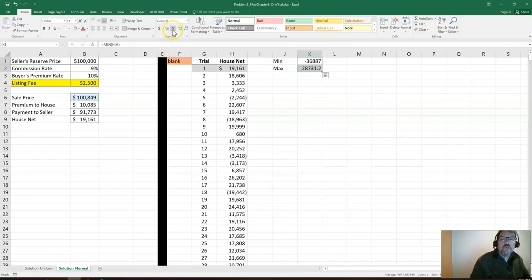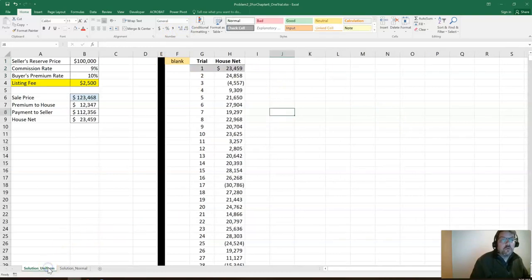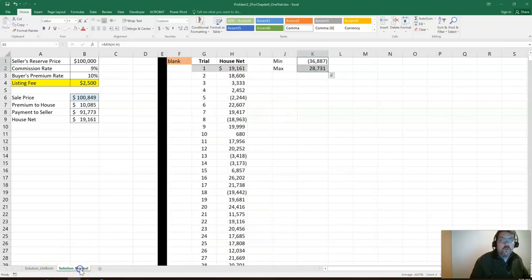So at least at the extremes, it's pretty close. I'll take them off of there. The mid-30s was our worst loss, and a little bit higher max, but basically mid-20s was the best gain. We don't know the distribution yet. That's part of what our job's going to be. But for today, if you can get the multiple trials working, and now if you want to get a different,